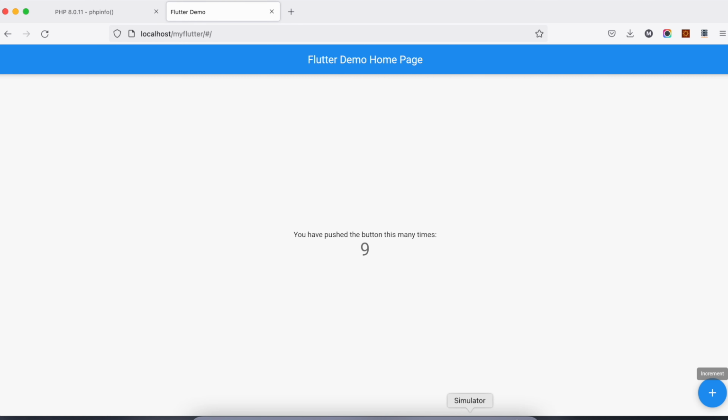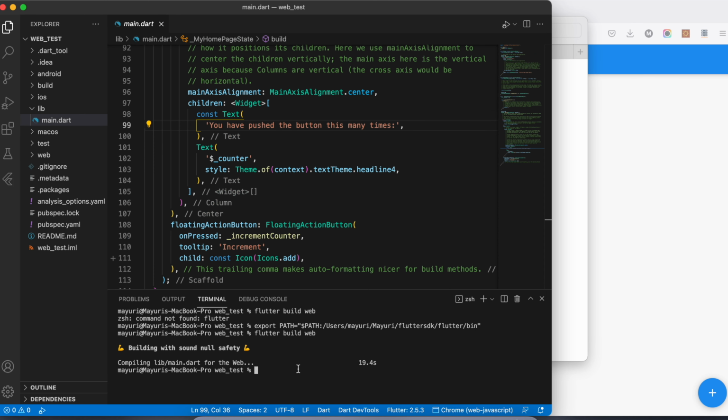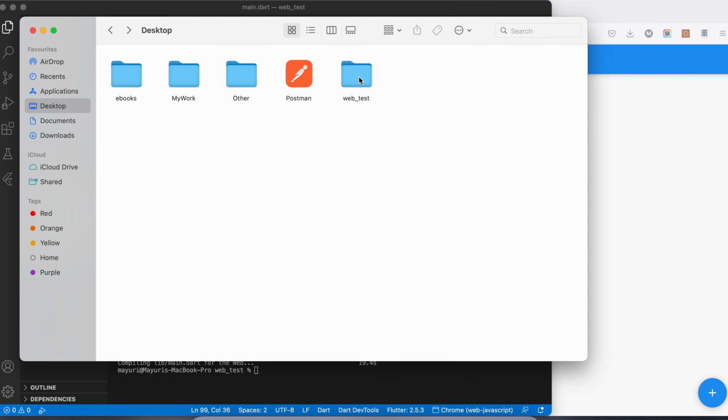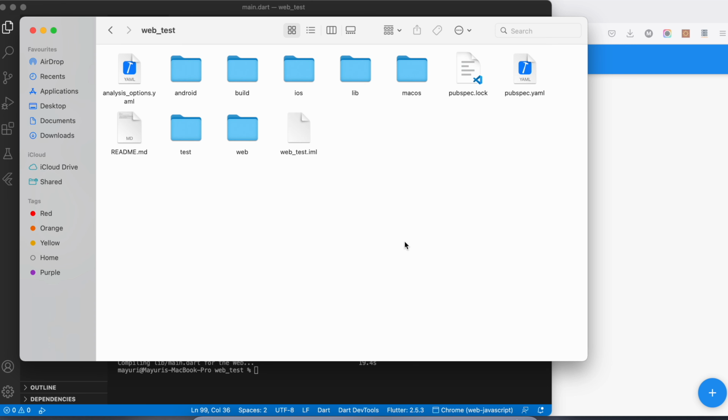I hope you got the idea how to run it. Let me just quickly recap for you. All the buttons are also working nicely, right? First we ran the command flutter build web in the terminal. Then we go to the root directory of our Flutter project.